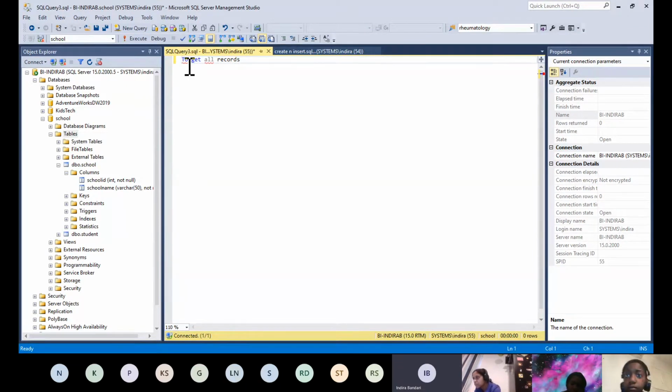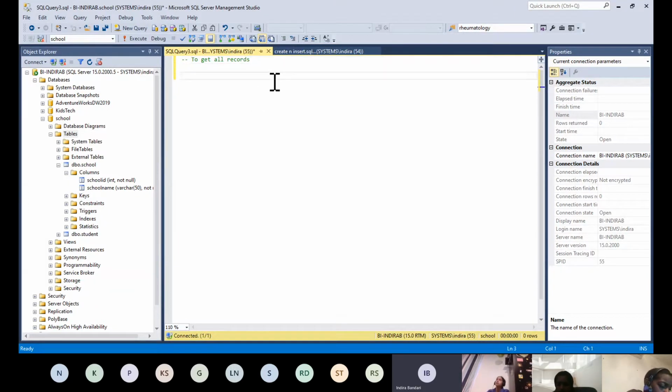If we want the text to be ignored, it is like a comment. So we put 2 hyphens. Hyphens means we are just commenting what the code means, but when we run the command, SQL Server Management Studio will not take that into consideration, and it will follow to the next line.